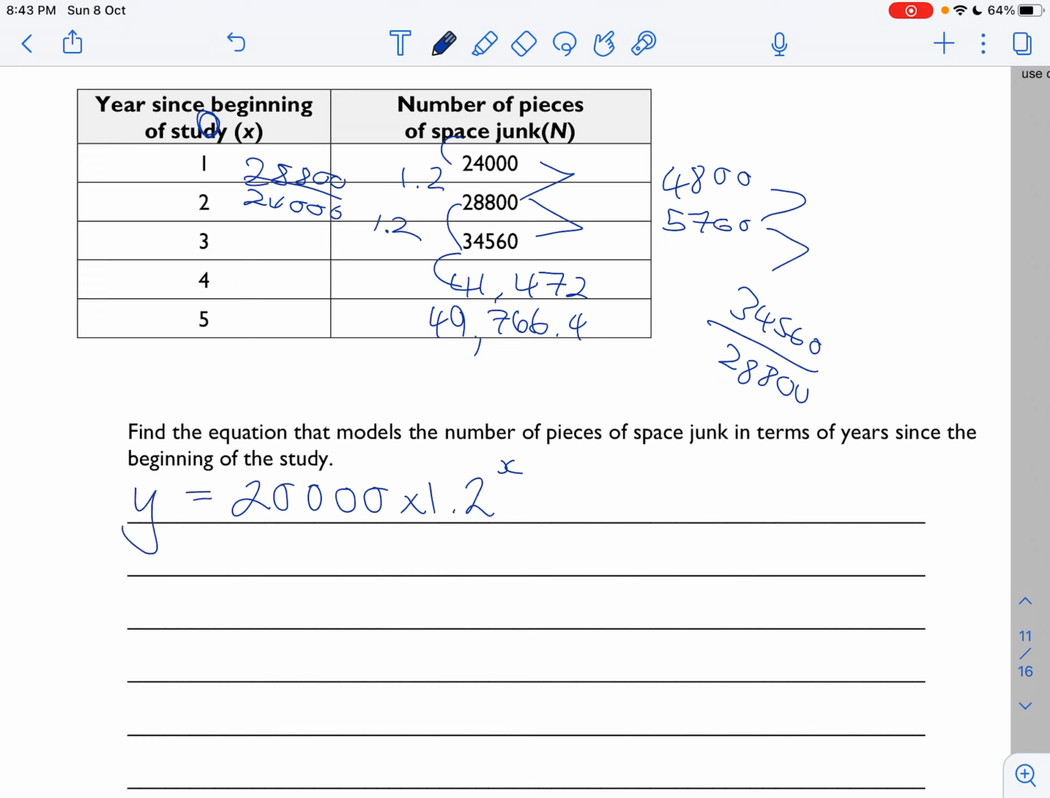So here is the equation that models that thing. So it's 20,000 times 1.2^x, and that's